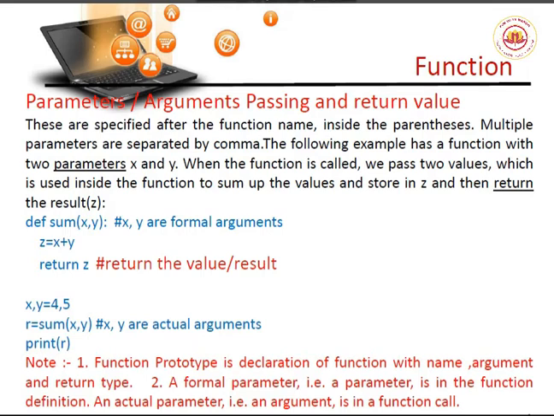One example is given here. Here x and y are the actual arguments because they are given as 4 and 5. And in the definition, I can use a comma b, or any other variables, as the formal arguments, meaning the arguments that should be used by the function. The function returns the value z, and the z value is carried over into the variable r. So we should clearly see all the parameters in the function.